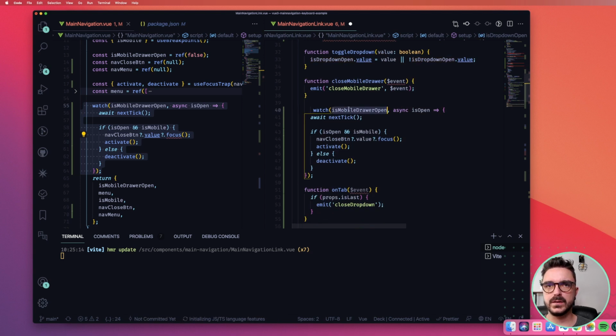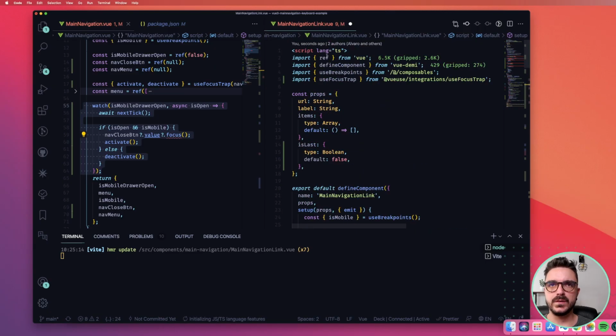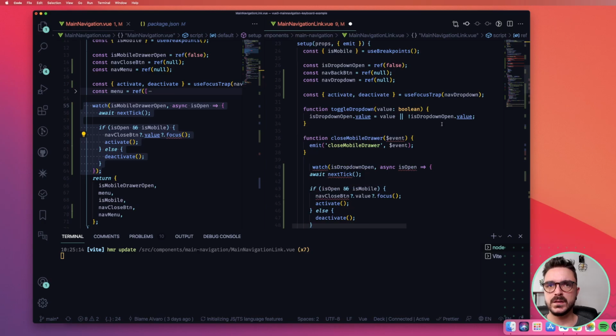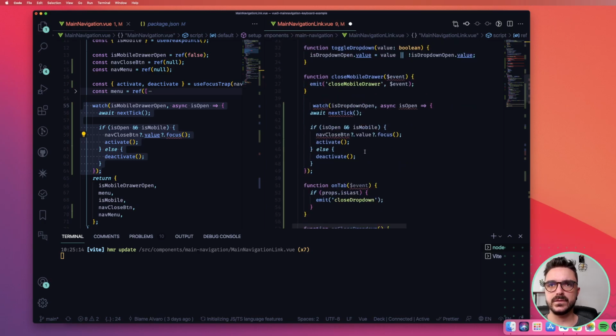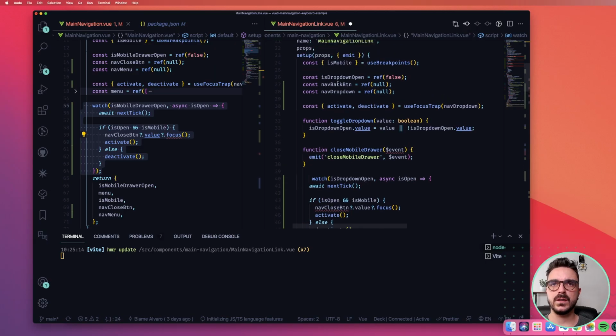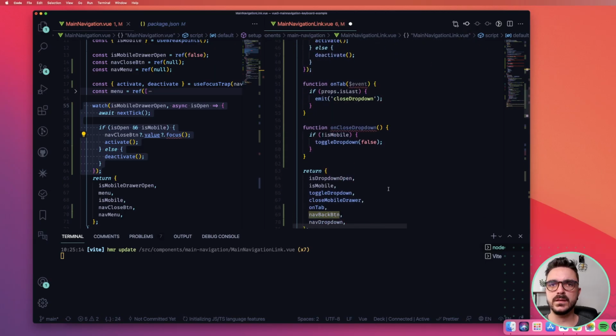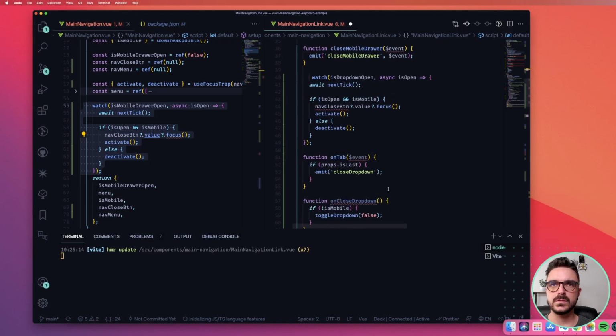So here, watch isDropdownOpen. Yeah, we probably need to import nextTick and the watch operator here. That's fine, and then it's not navClose anymore. The button is this one here.